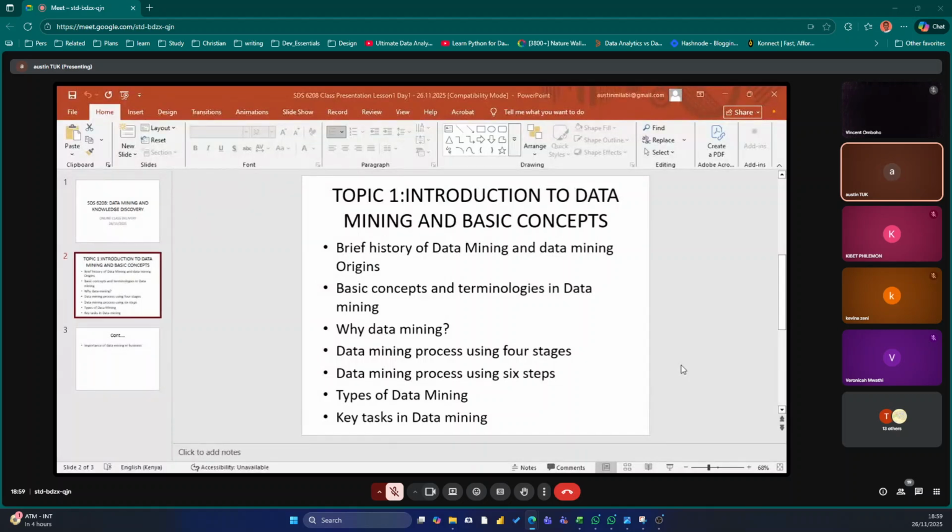We cannot also miss to talk about data store in the context of data warehouse, data mart in the context of data warehouse. We can also not miss to talk about data sets in the context of data mining. So I want just to go through them very fast.